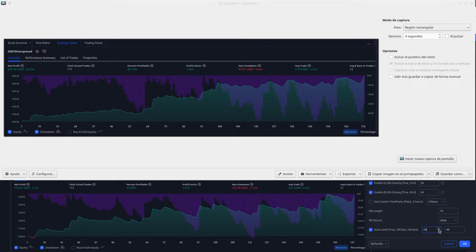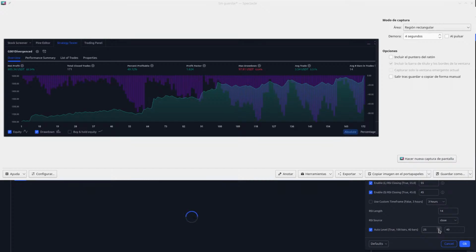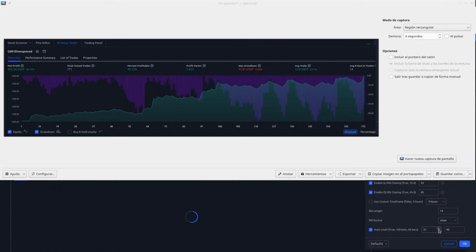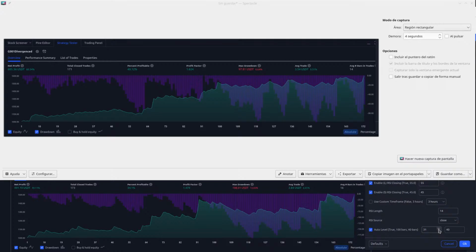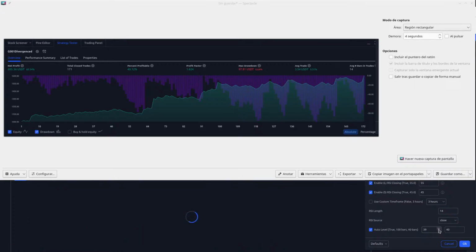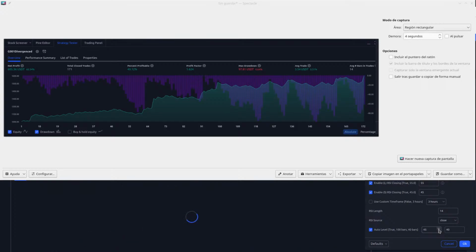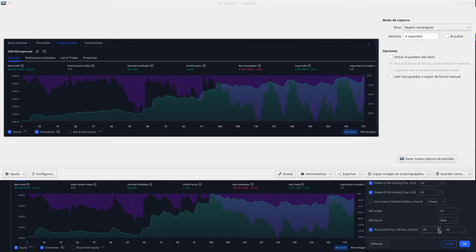So I'm not sure how much percent profitable I want to be in. It should be 33. Let's see, 34. So apparently 40. Oh, this is nice. I need to use the hyperopt from Freqtrade because otherwise